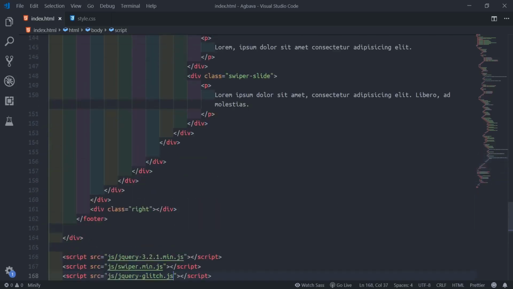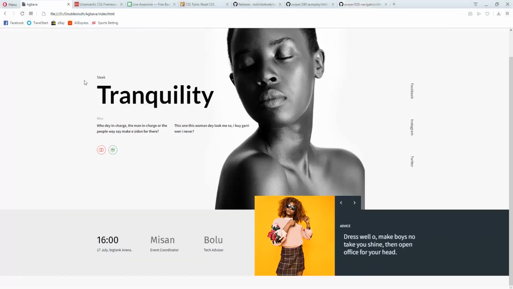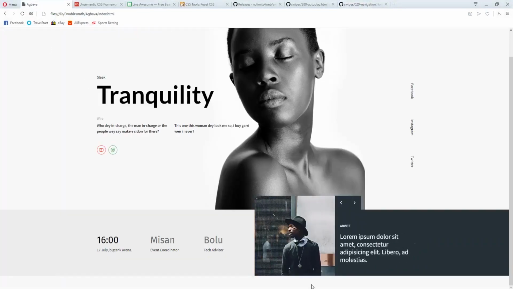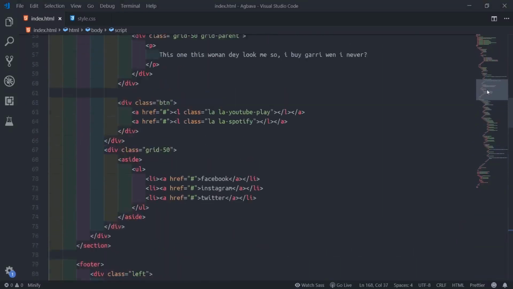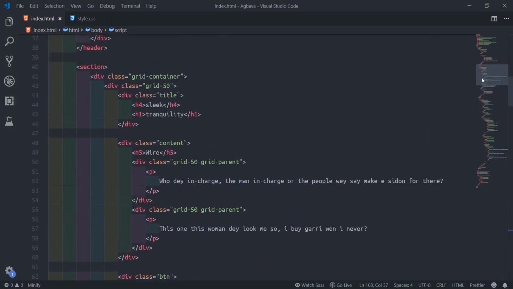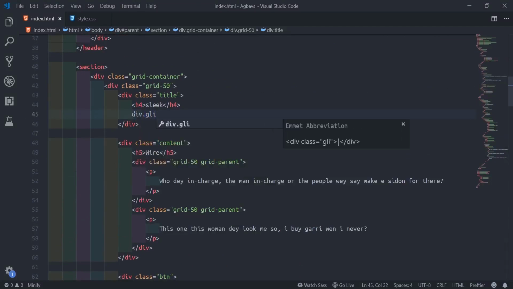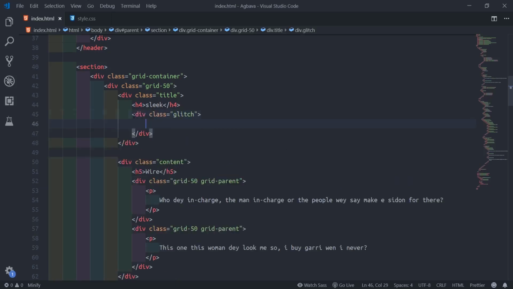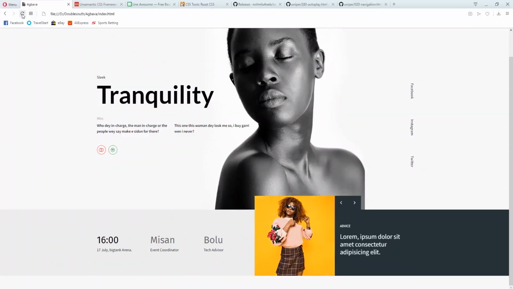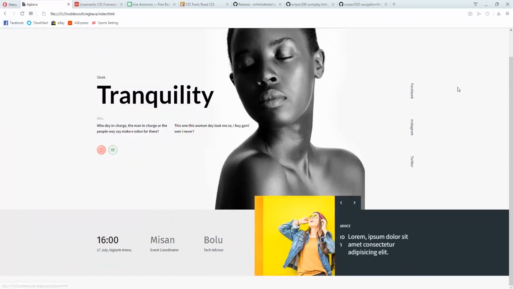So we want to target this text now, this tranquility text. So the target, what I want to do, we'll come here. We'll go to the wrapper now. Like this. So on the wrapper, it's already there.